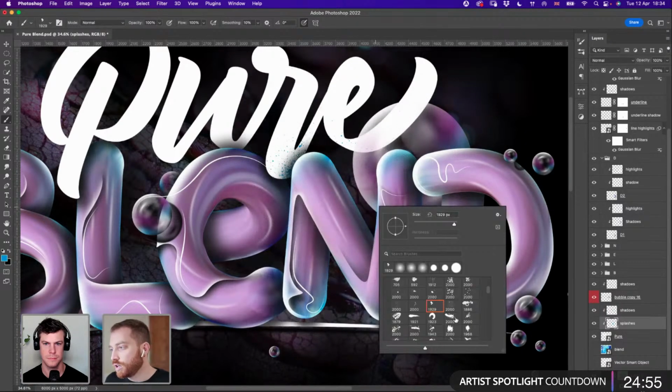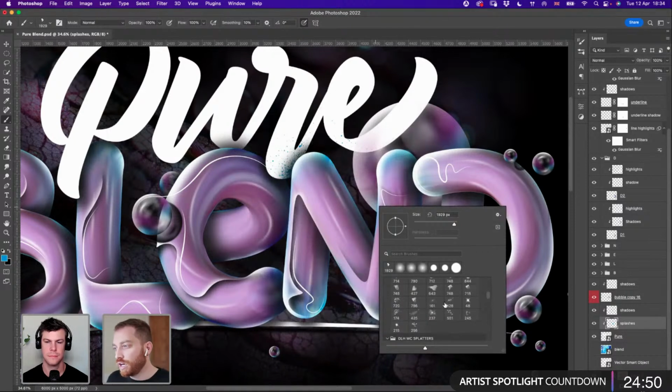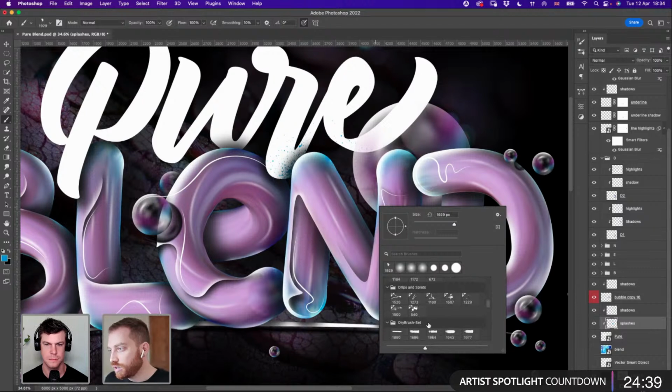And we can choose another brush. So I have these brushes, I got them a long time ago. Some of them are free, some of them I have purchased, because people may ask in the chat about the brushes. And I'm usually searching for splash and ink brushes, I really like them. We can try with that.